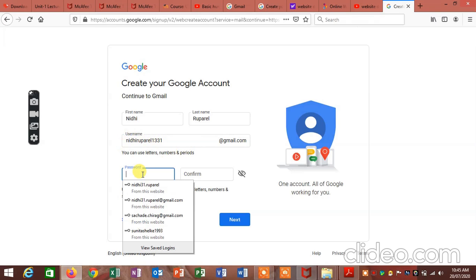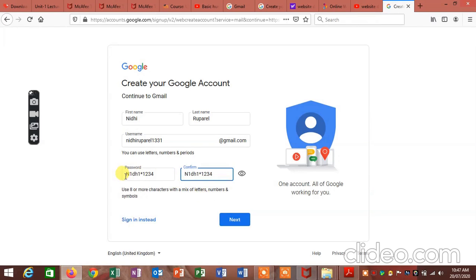Now for the password, you have to provide a password of at least 8 characters. So this is how you can provide the password, and this is the button which will allow you to see what password you have entered. So it will be easier for you to remember your password. You write it down, then only you confirm it.